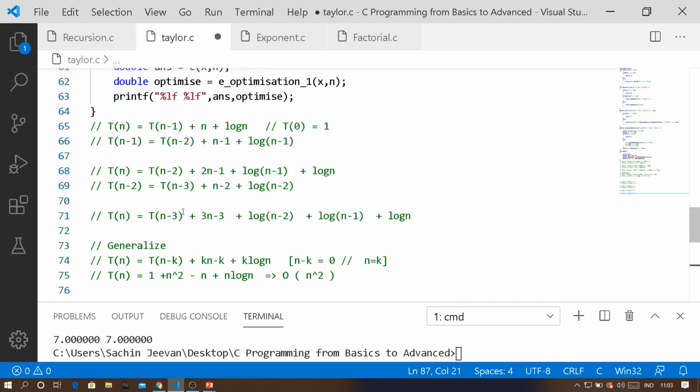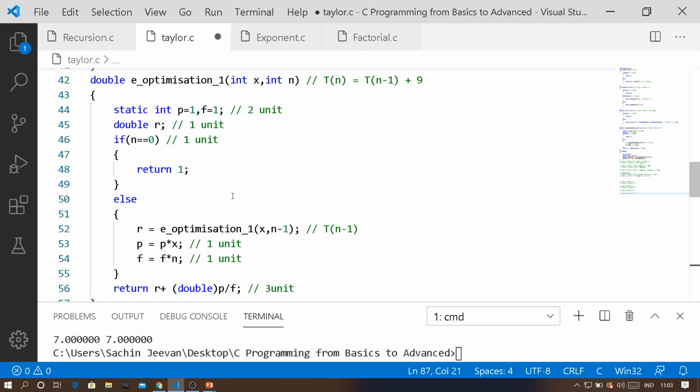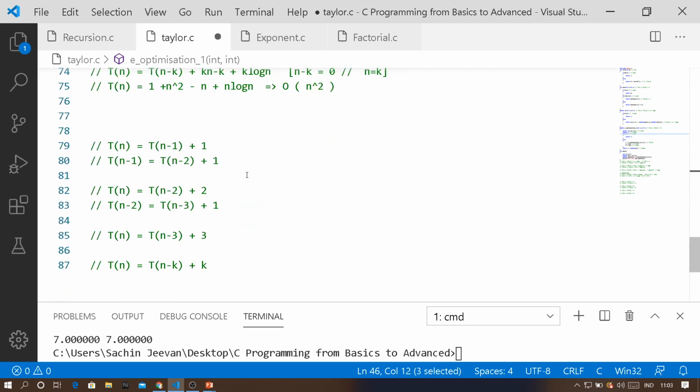Okay, what is the stopping condition? You can go to the recursion and you can see the stopping condition is 0. So you can just stop whenever your n value is 0. So t of 0 is equal to 1 is the stopping condition. When this entire term becomes 0, then it will reach t of 0. So here, n minus k is equal to 0. When n minus k is equal to 0, in other terms you can say that n is equal to k.